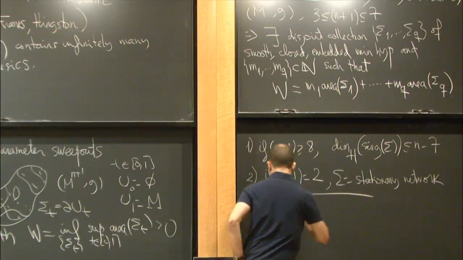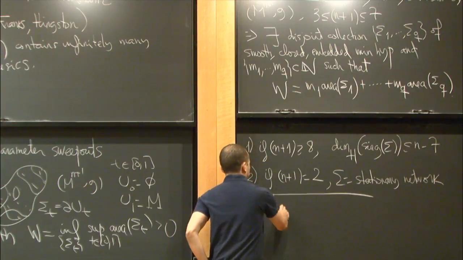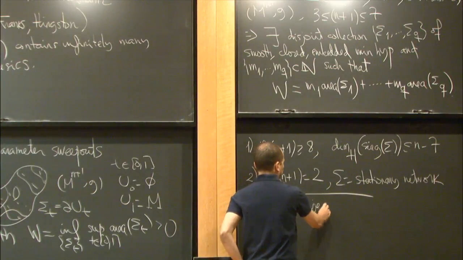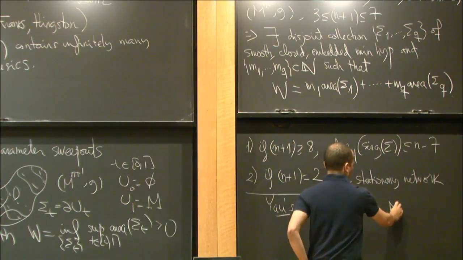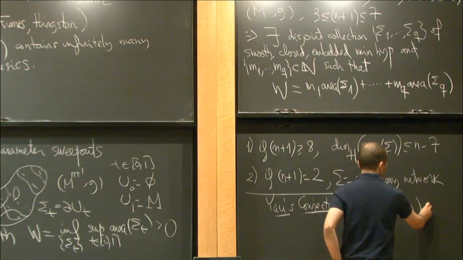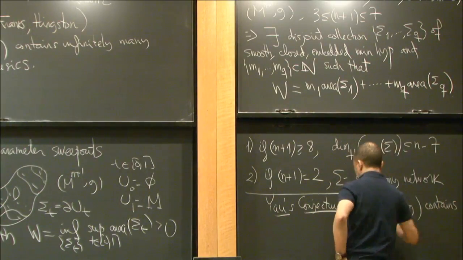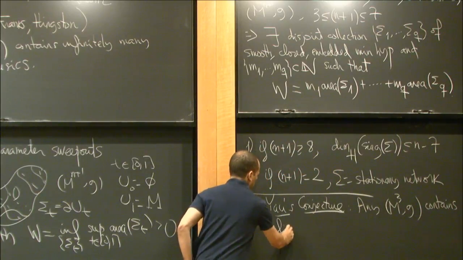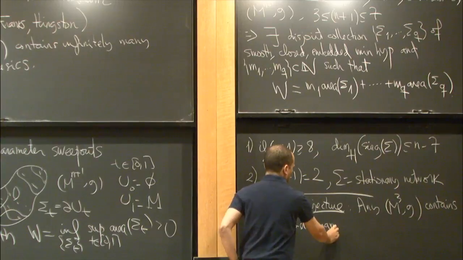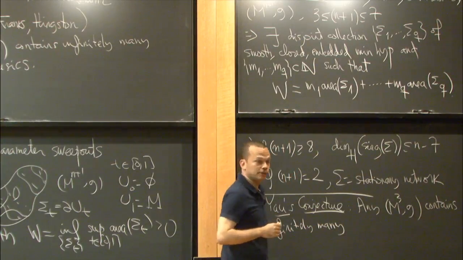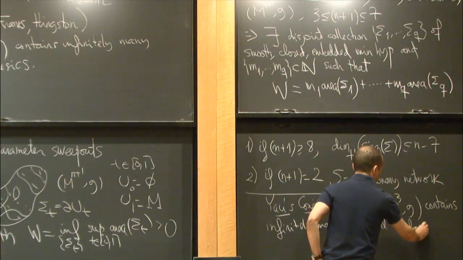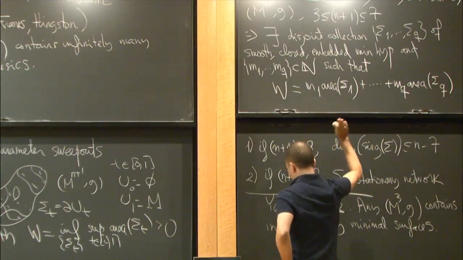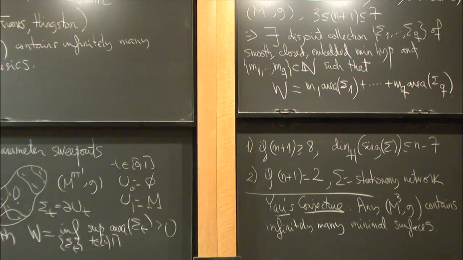And right about the same time, Yau conjectured that in dimension 3, every closed manifold contains infinitely many minimal surfaces. So from now on, when I say minimal hypersurface, I always mean closed and embedded. Okay. So the best result was this: there's the existence of at least one, and then with Andre, we started working on this problem a few years ago.